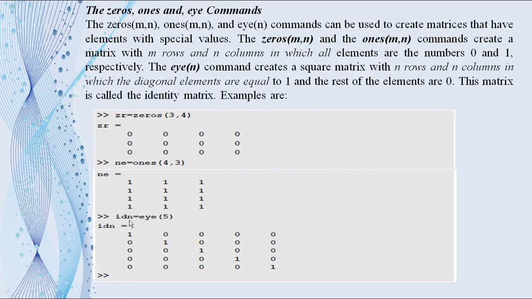The next one, identity. Maybe the variable name they have kept is ID. ID is equal to eye of 5. So eye of 5 means the diagonal values alone should be 1. You should have a square matrix with 5 rows and 5 columns. That is why in the first row the diagonal element is 1 here, for the second row the diagonal element is here. So only the diagonal elements will be 1. Identity matrix is well known to us. If you want eye of 4, you will have 4 rows and 4 columns with the diagonal elements as 1.